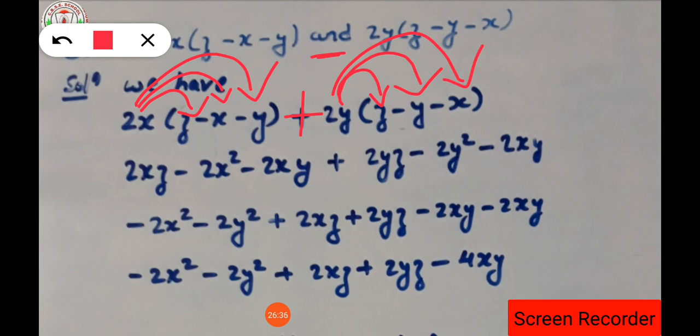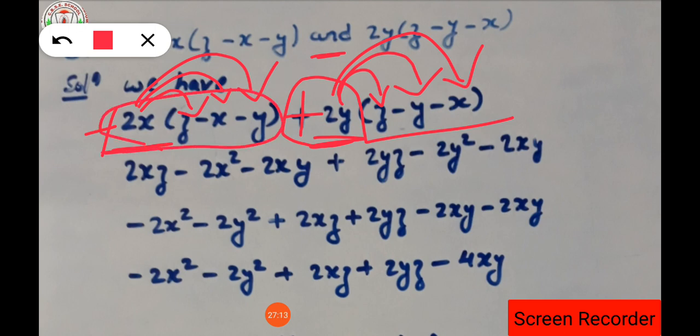And remember students, when a number is present outside the bracket, that number multiplies individually with each term which is present inside the bracket. And one more thing is multiplying. What is that? That is its sign. That number is going to multiply each term present inside the bracket along with its sign. So if 2y is going to multiply, its sign also multiplies with all three terms. Here it is plus 2x, so this plus 2x will multiply with each term present inside the bracket.